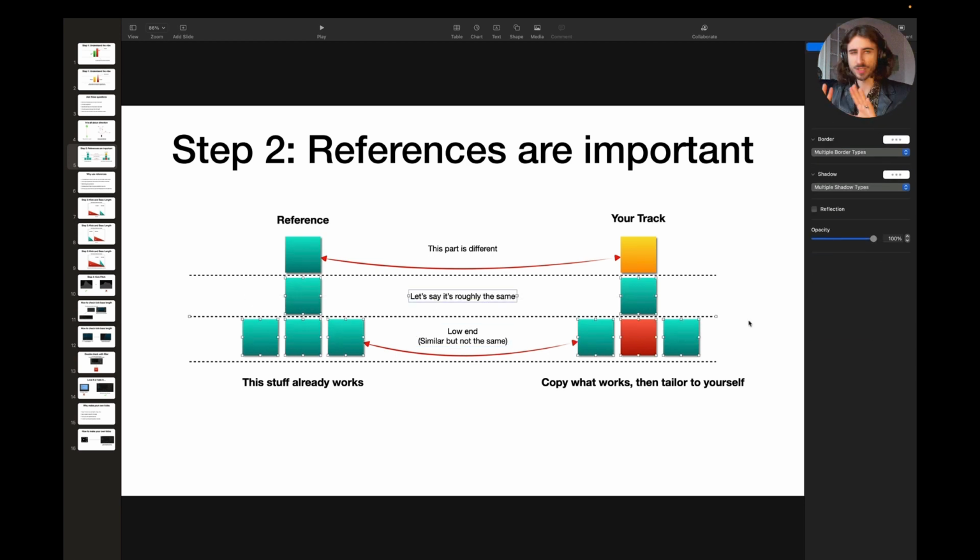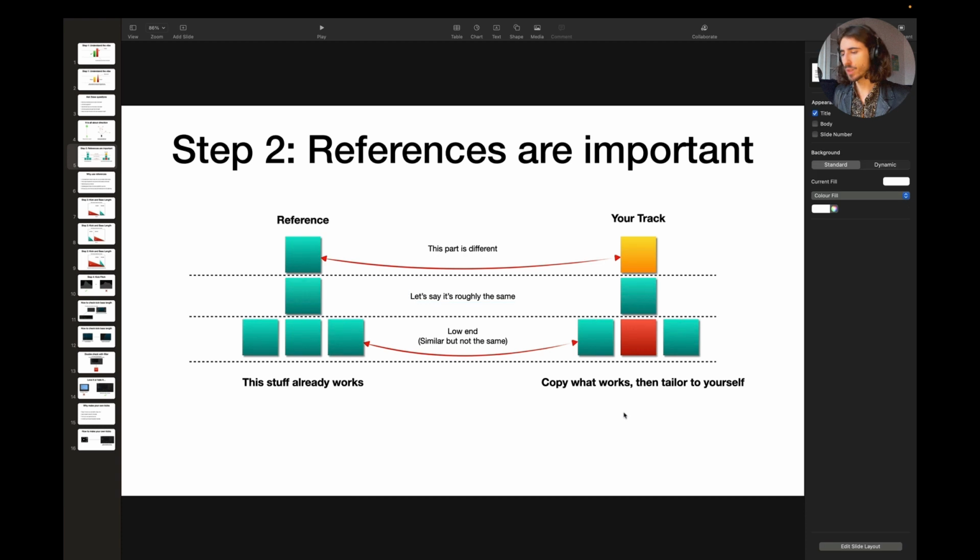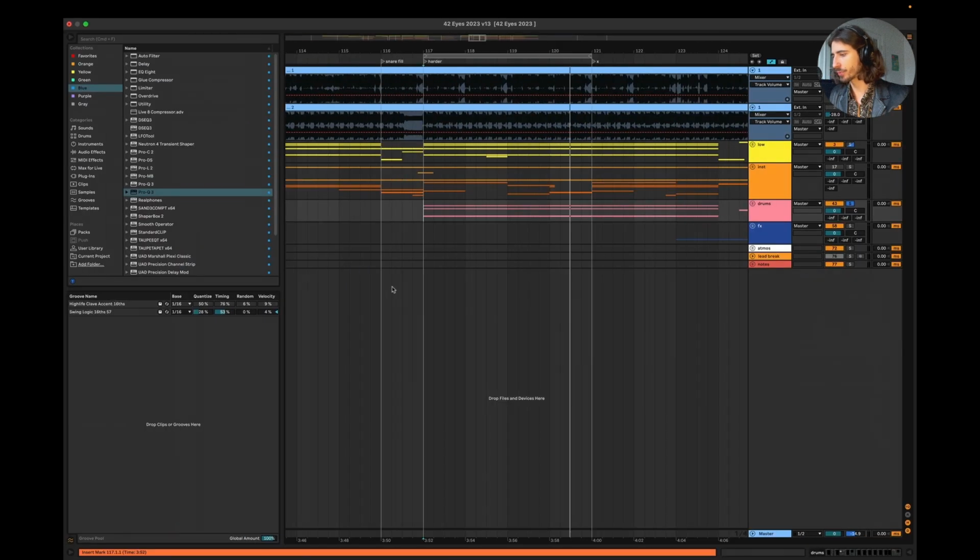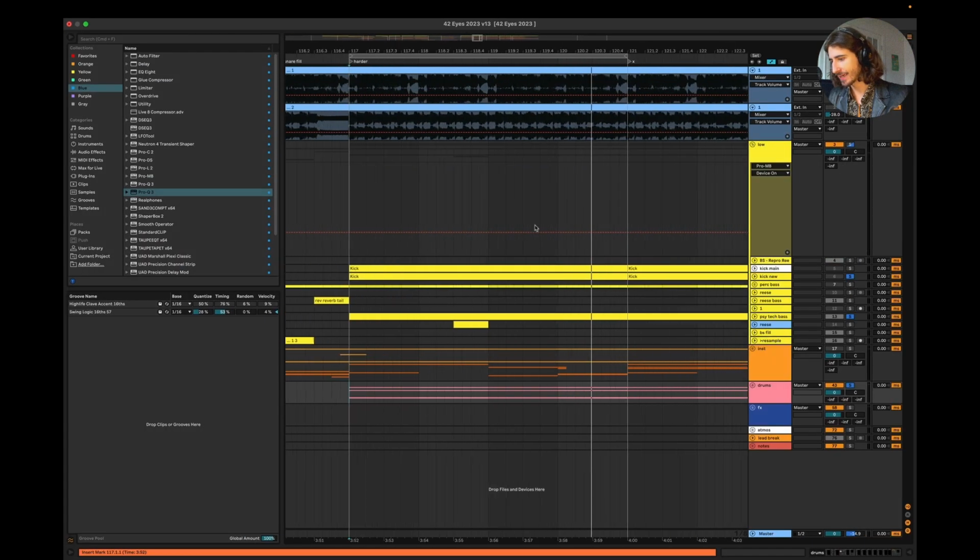Again, these are just illustrative examples. It's not something very specific. It's more about the logic. So you want to copy and then just tailor that to yourself. With a reference, it will be really easy to understand how much low end I need, what kind of kick character I need for my track, and so on and so on. So let me jump back into the project,